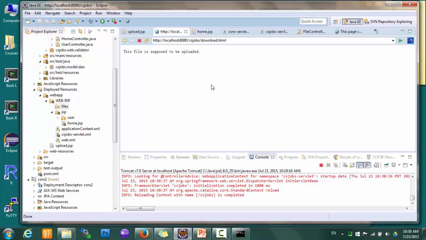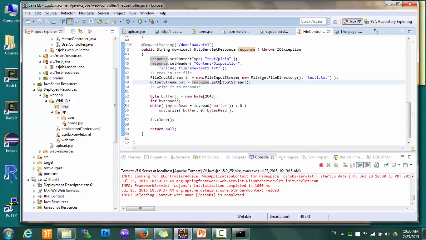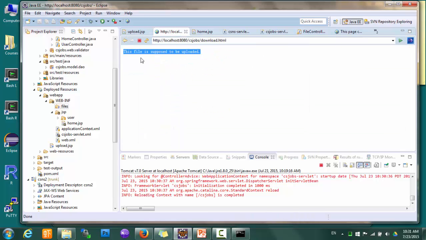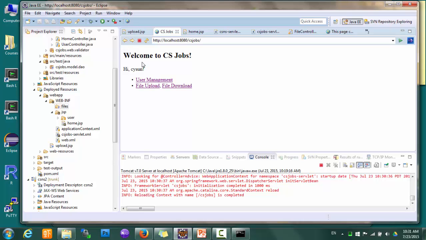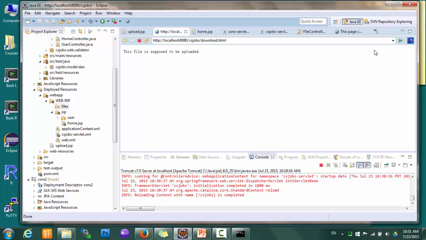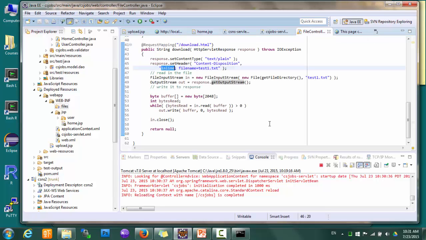And right, so this time it works properly, and when we click download, it downloads a file and then displays the file inside the browser, because that's what we told the browser to do, and it displays the content of the file, which says this file is supposed to be uploaded and so on. Okay, so this is how we can download a file, and